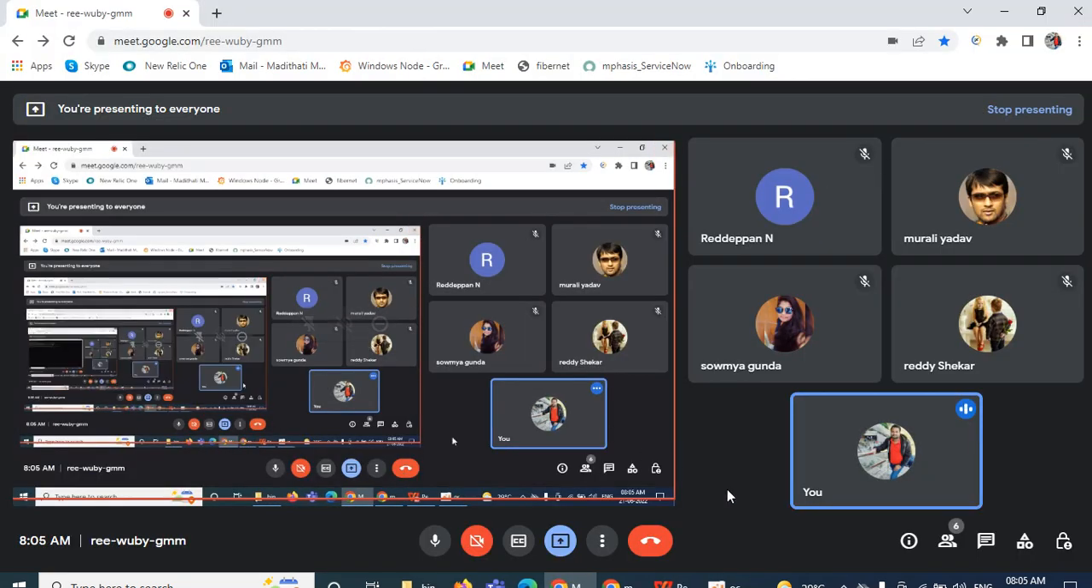In the terminal, on a Linux machine, make sure that you open the terminal